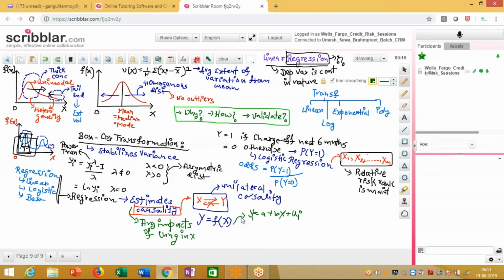So over here, what we are trying to do is the following. What we are saying is that the observed value of a dependent variable yi is driven by two components. One is the deterministic component,